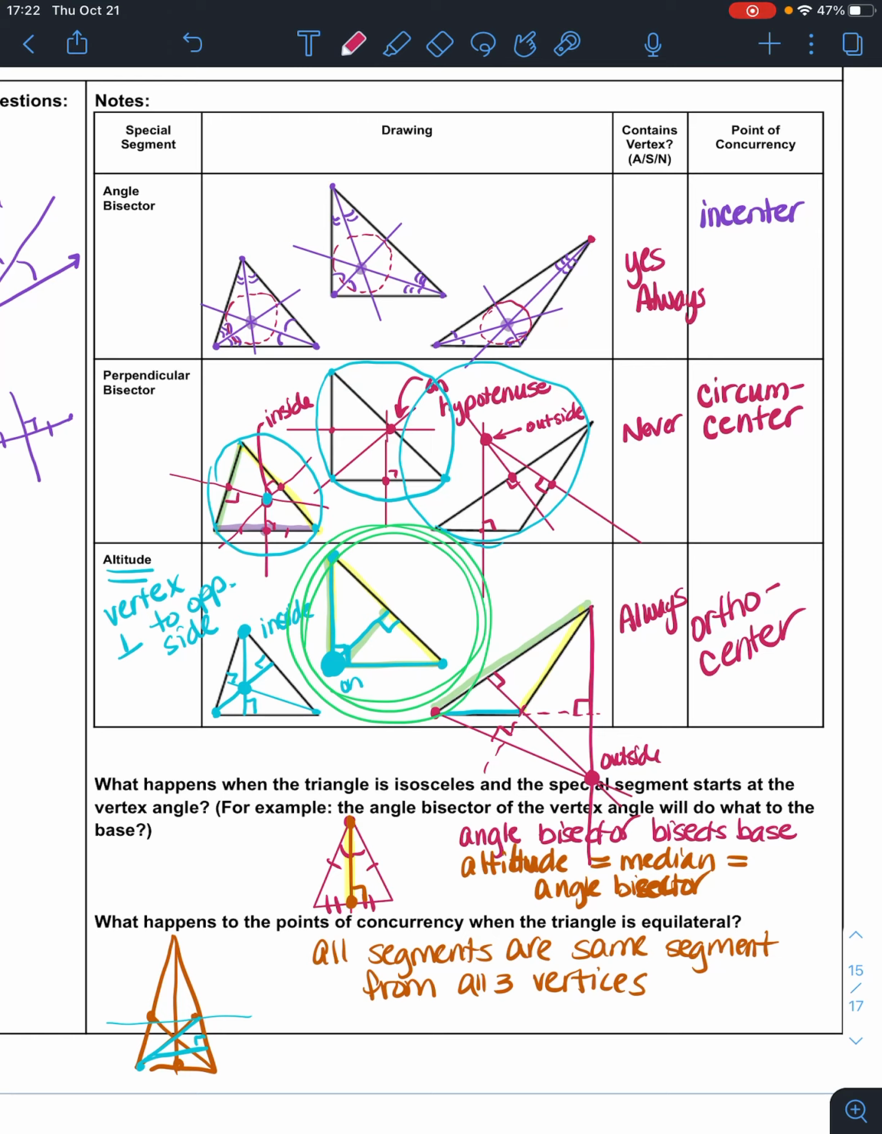Okay, the angle bisectors intersect at the incenter. The perpendicular bisectors intersect at the circumcenter, and the altitudes intersect at the orthocenter. One thing to keep in mind with altitude is because it's perpendicular, if you're on a grid, you might end up using your slopes, and remember perpendicular slopes